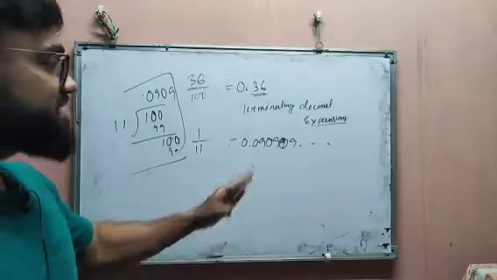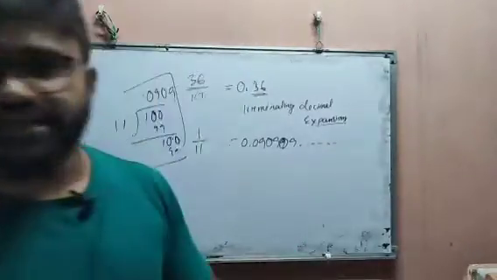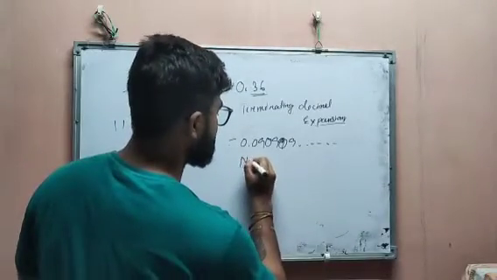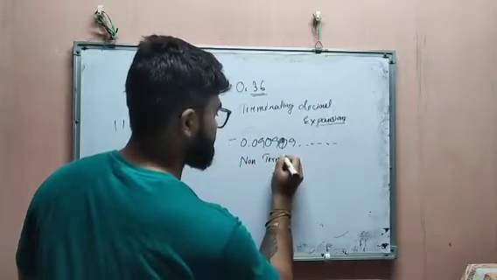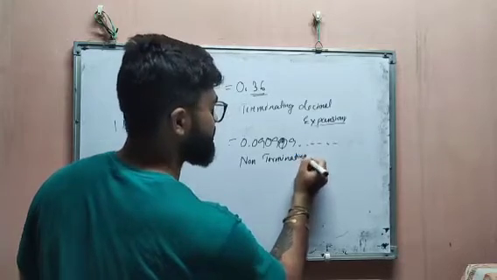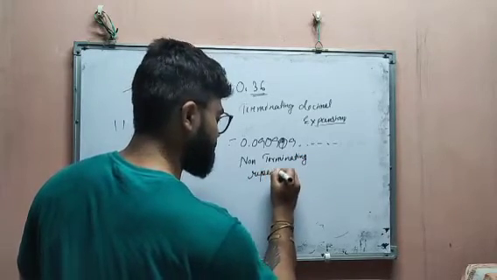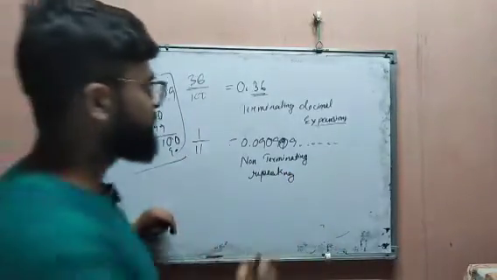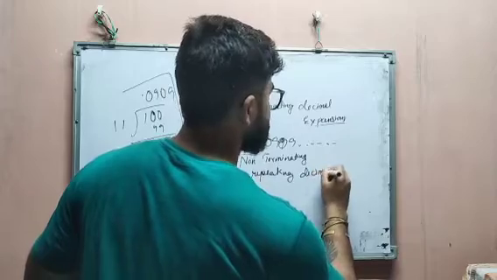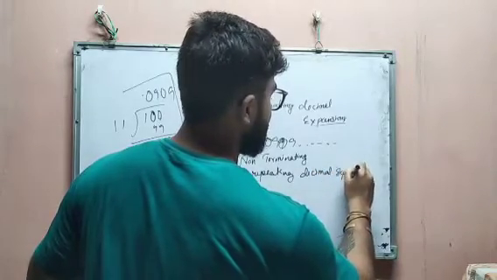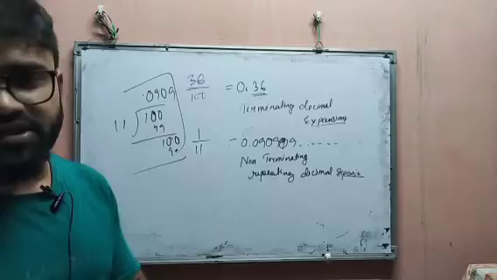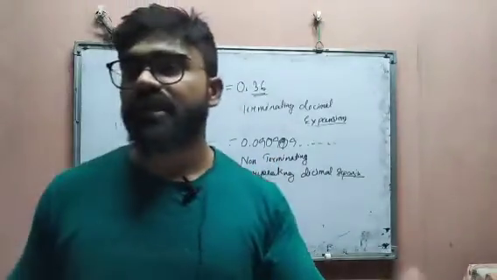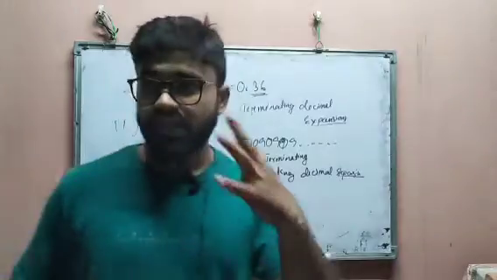Okay, so here we have to see that it is going on after the point, which means it never ends. So it is non terminating, and repeating. It is non terminating but repeating. So non terminating and repeating decimal expansion. This is a non terminating repeating decimal expansion. So in this way we have to determine: if any number becomes non terminating and also non repeating, then you can consider that number as an irrational number.